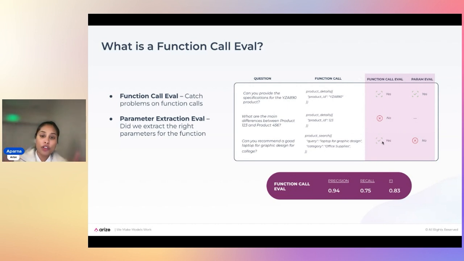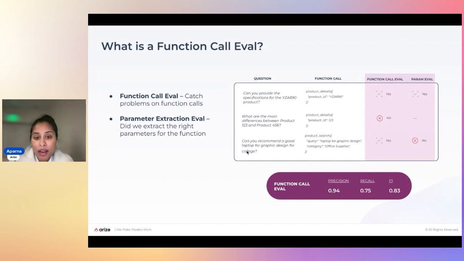So there's first a level, which is just, did it call the right function? The next level is, if it called the right function, did it get the parameters for that function correct? If you're asking for a specific product, you get the product ID, that's the right parameter. In this case, there are two parameters: the actual query, and what category of products you're asking it to search.